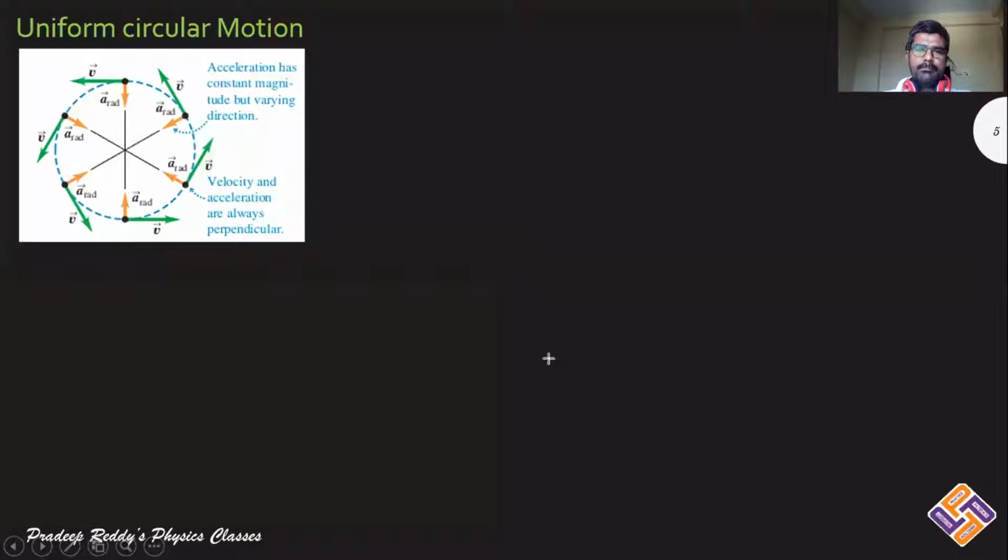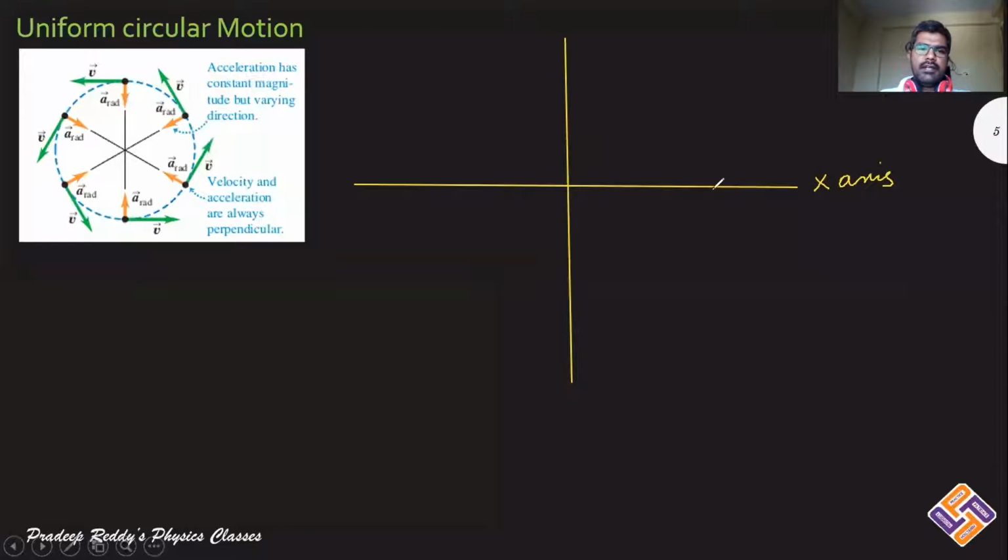Let me take the coordinate axis. It is the x-axis, positive, and this is minus x. It is plus y, and this is minus y. Let me consider an object which is starting from position A. From this position, if the body is moving in a straight line path, it should be either purely moving along the x-axis or moving along the y-axis. In a straight line path,